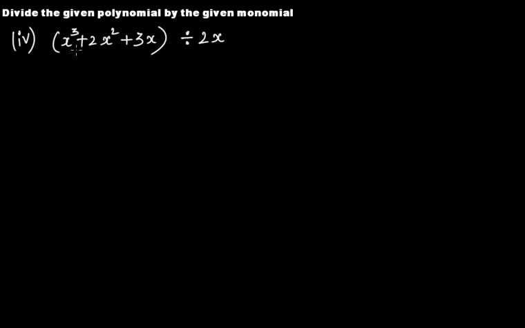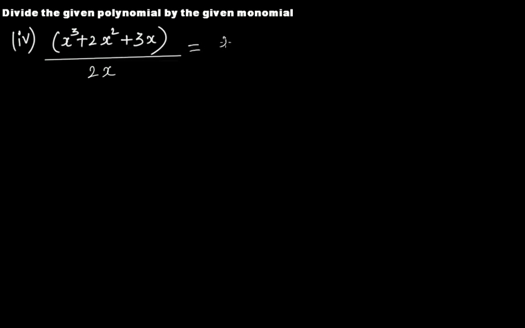Now here you have x cubed plus 2x squared plus 3x divided by 2x. I am going to solve by only one method. The rest I have shown you, how to do the second method, that is separating these three terms of the numerator and dividing each by the denominator. So this is 2x. So from here,